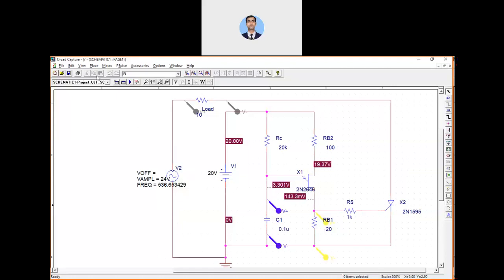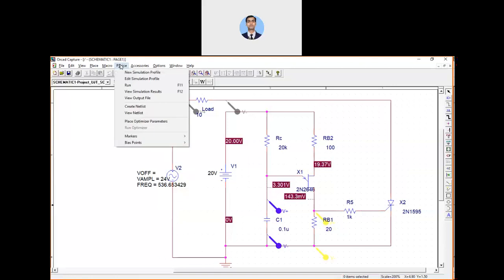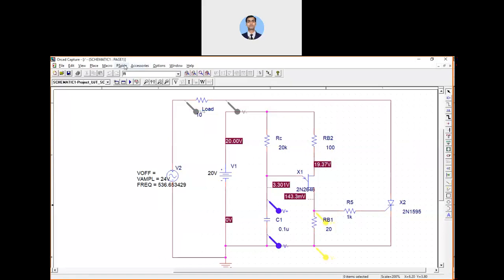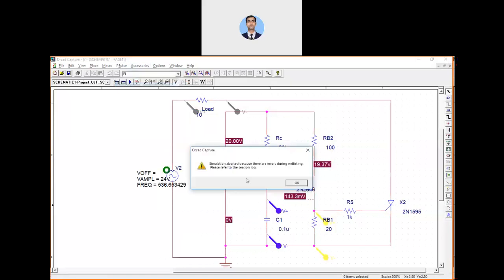Now we will see whether any further simulation setting is required. No, it is okay, so we can run this. Okay, simulation aborted because there are errors during the net listing. Please refer to the session.